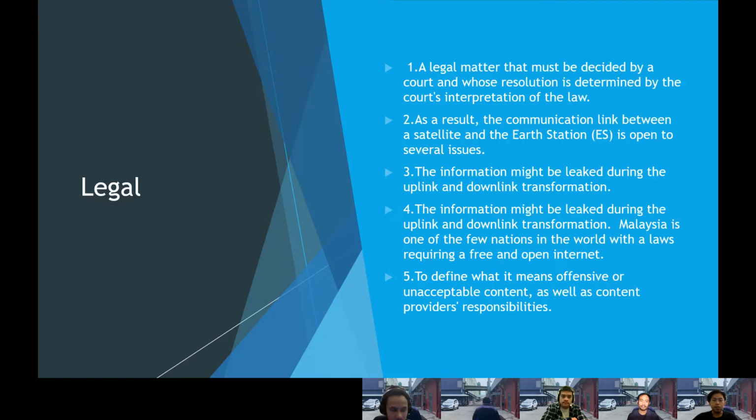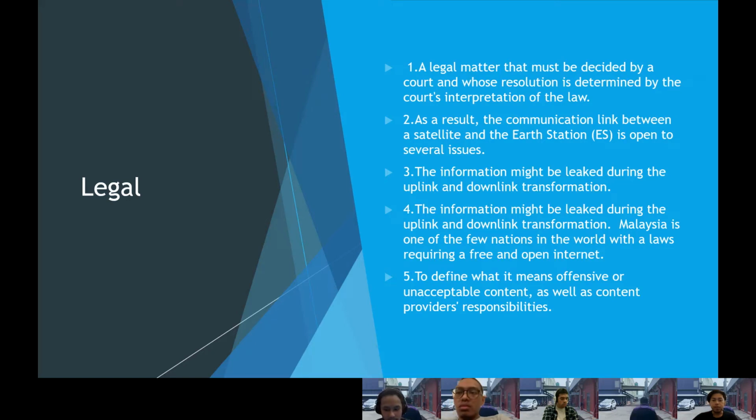Then for the legal issue, a legal matter that must be decided by a court and whose resolution is determined by the court's interpretation of the law. As a result, the communication link between a satellite and Earth station, ES, is open to several issues. The information might be leaked during the uplink and downlink transformation.